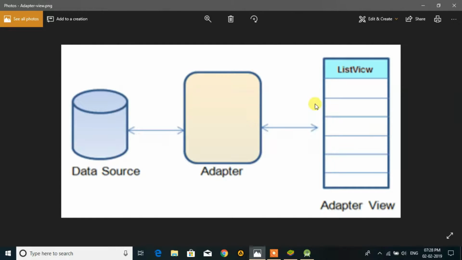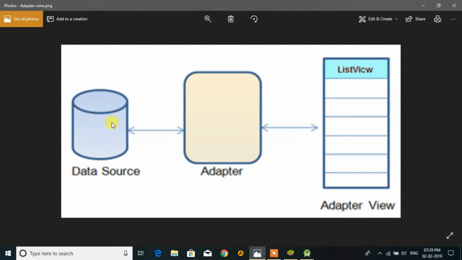As you see in the diagram, here we have a list view. So this list view will display some data. In other programming languages, what we do is we have an array and we pass the value to a list view and it automatically displays, if I talk about .NET or other programming languages. But in case of Android, we need an adapter and the source of data. This data source may be an array, it may be any file, any runtime information, any JSON information, any kind of information that you want to display